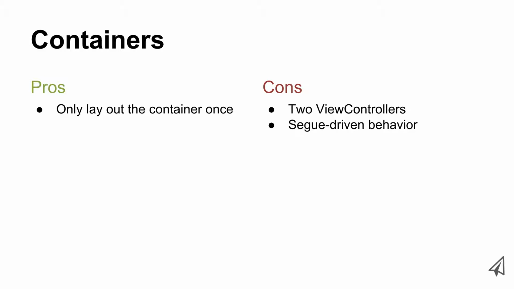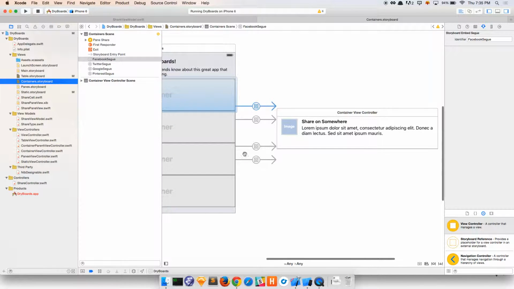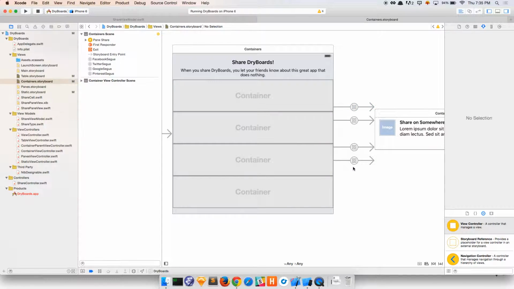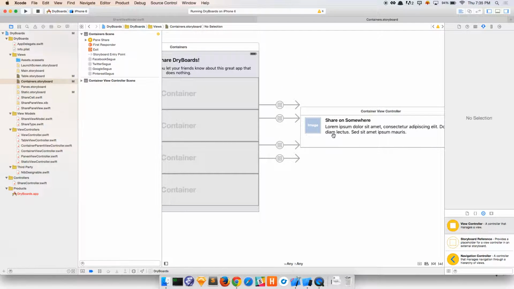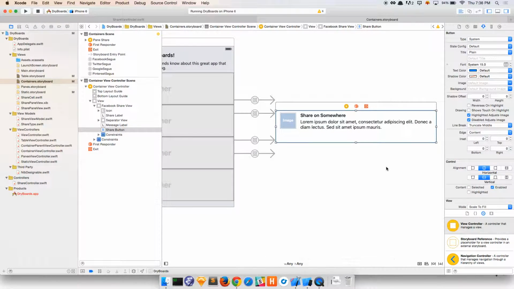So how about containers using a UIContainerView? This one actually, as you would expect, is a lot cleaner. You basically have a single view controller with 4 container views. Those 4 container views each have an embed segue to the same child view controller over here. So in this case, you have the same benefit and problem, where you have a general configuration of the layout for the pane,